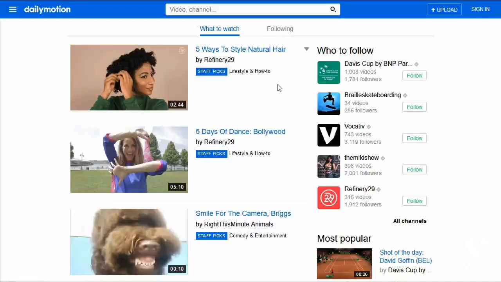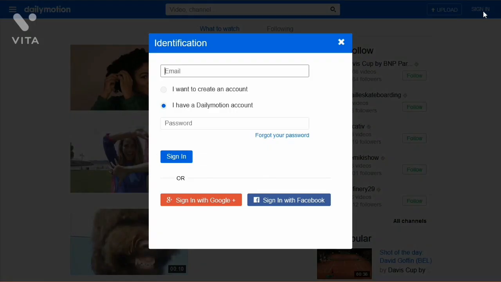Dailymotion is another video sharing platform that you can use to syndicate your content. There are over 300 million users in Dailymotion, and there are up to 3.5 billion monthly video views. Even though Dailymotion is not as popular as YouTube and Vimeo, it is still one of the biggest video sharing services available. Time for you to sign up, upload your video, and edit your profile using Dailymotion.